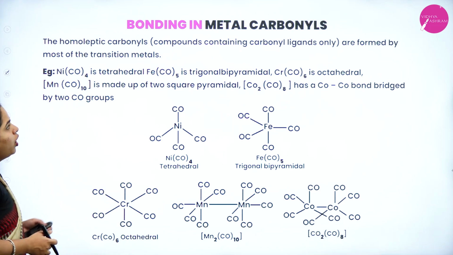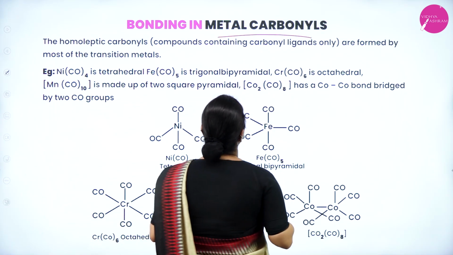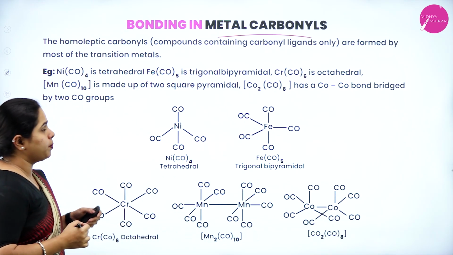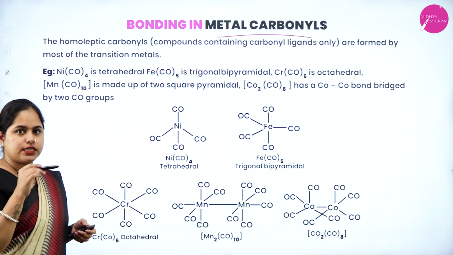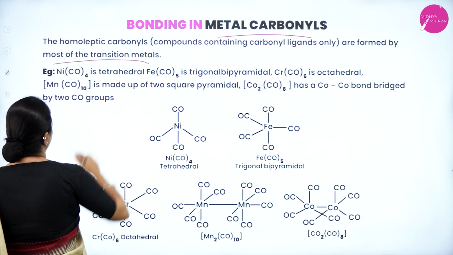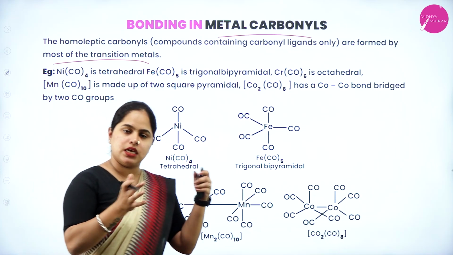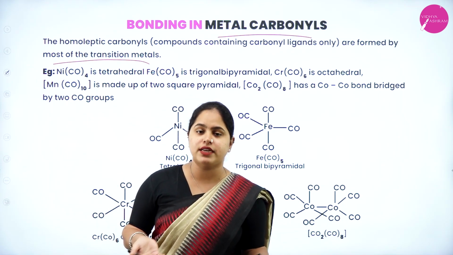Now moving on to the bonding in metal carbonyls. Now what are metal carbonyls? The homoleptic carbonyls, that is compounds containing carbonyl ligands, CO, are formed by most of the transition metals. Metal carbonyls are coordination compounds of a metal where the ligand is always carbonyl,